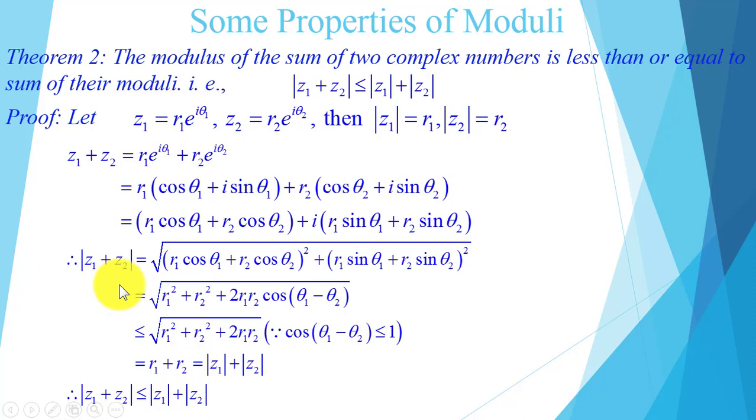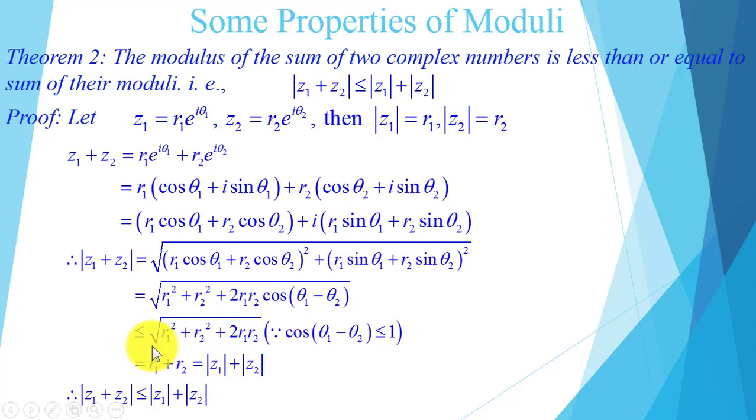Therefore modulus of z1 plus z2 is equal to the square root of the square of the real part plus the square of the imaginary part, which is equal to square root of r1 cos theta 1 plus r2 cos theta 2 whole square plus r1 sin theta 1 plus r2 sin theta 2 whole square, which is equal to square root of r1 square plus r2 square